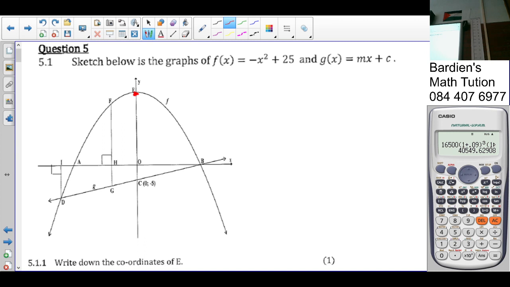E is your turning point. Also your y-intercept. How do you calculate y-intercept? X equal to 0. Not so? But from f of x, as you can see, that point is on f of x. The constant will be your y-intercept. So here E is simply 0 and